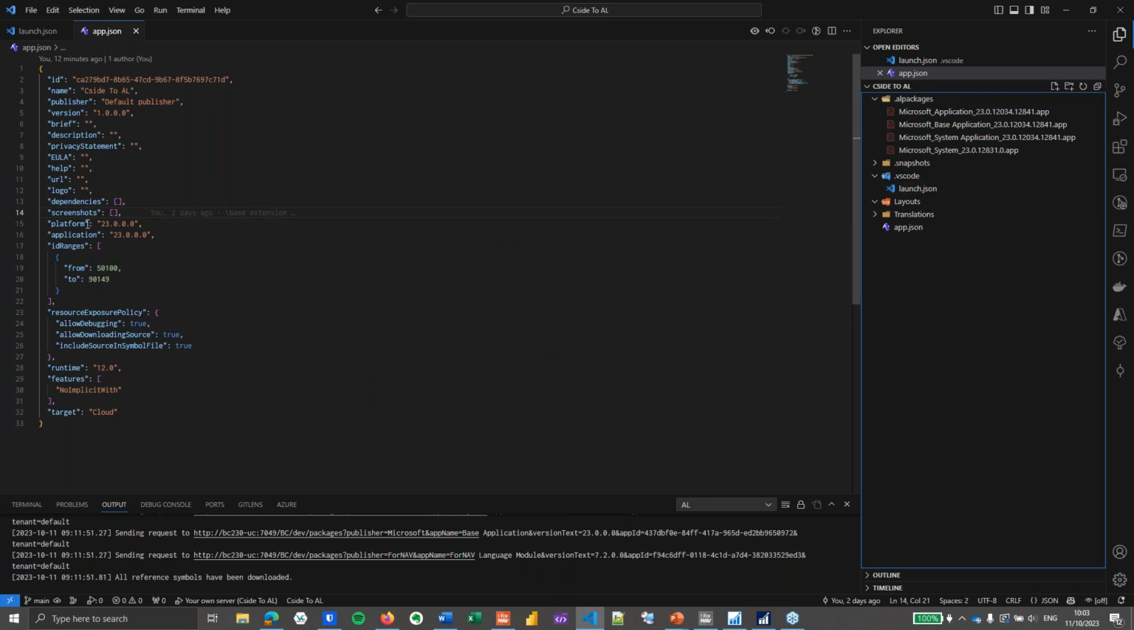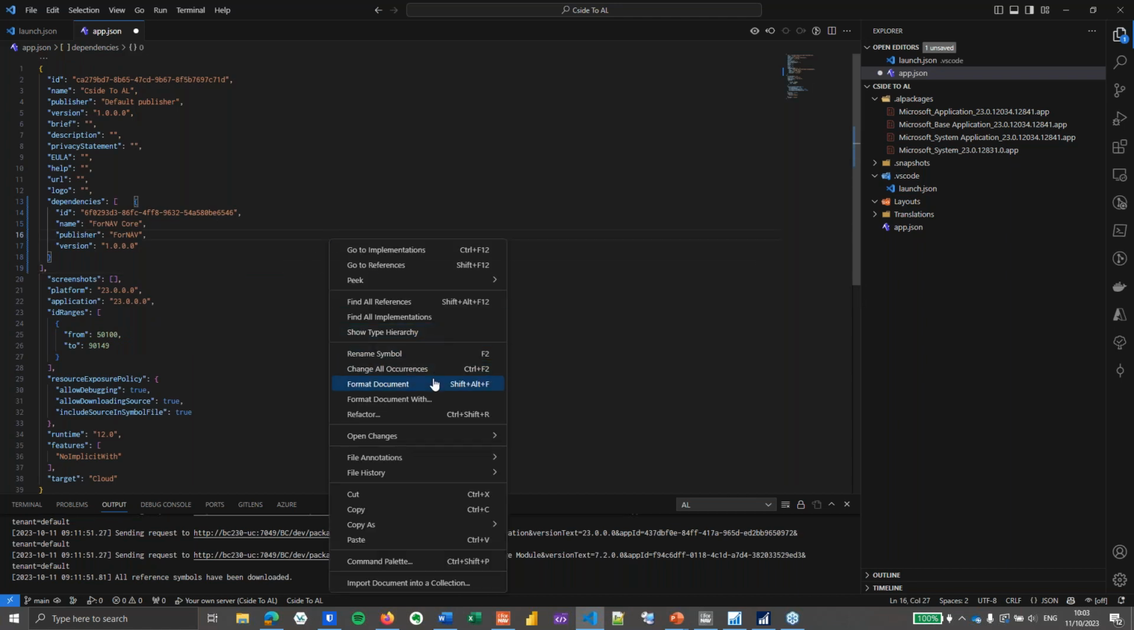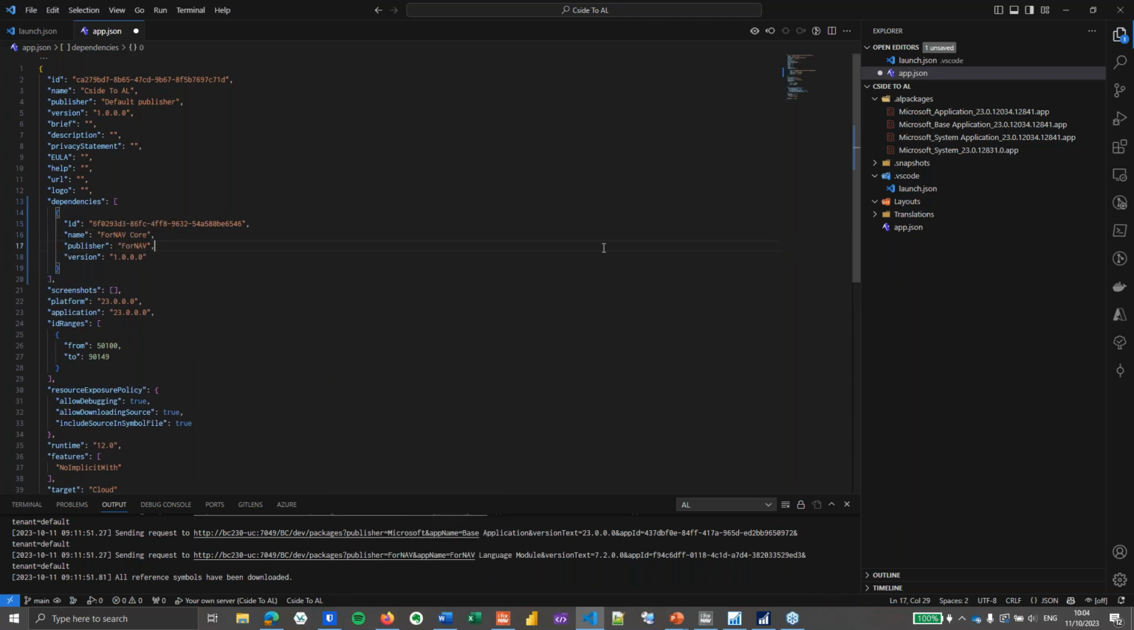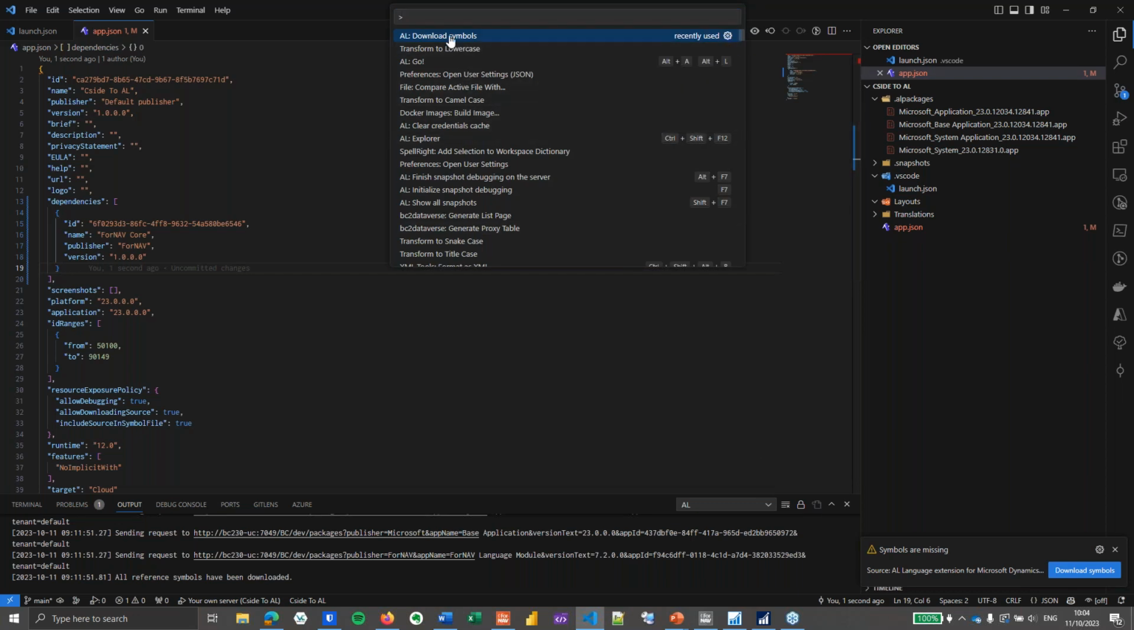In the app.json, I've got my platform and application set to 23, my runtime set to 12, which means I'm on a BC23 system. And all I need to do in here is I need to set my dependencies, which of course I will copy and paste because that will save a lot of time. And let me just format this document quickly so everything looks a bit nicer. So that's that. It also means now that symbols are missing because I need to download the symbols for the